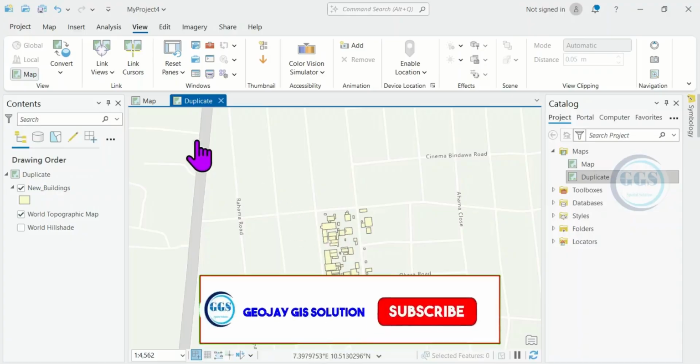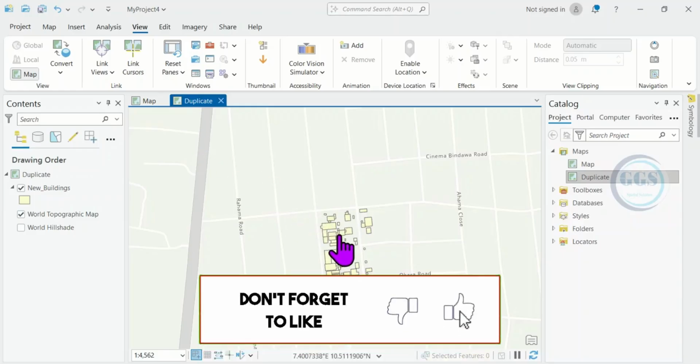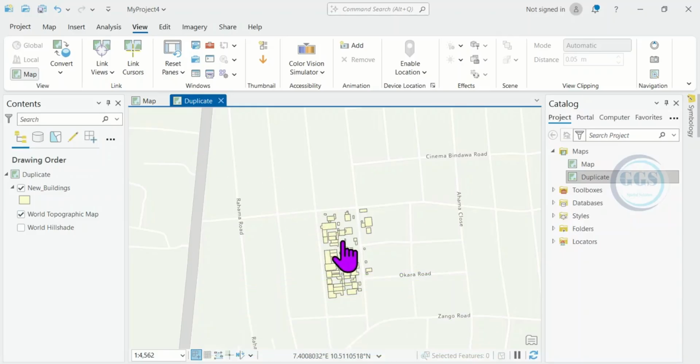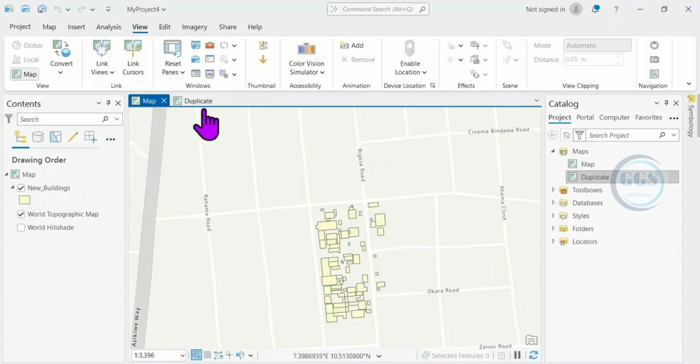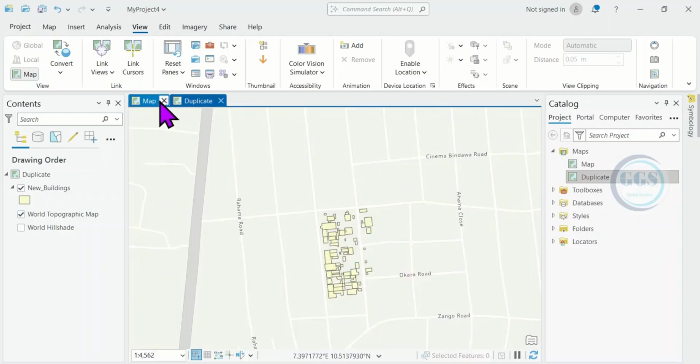For example, if you work for a client and he asks you to make some modifications, instead of changing it entirely, it's far better to duplicate the map and effect the correction on the duplicate so that you still keep the original data. And in case there is a need to revert to the original data or original map, you'll be able to revert easily. So this is how to duplicate your map in ArcGIS Pro, and it's very essential when